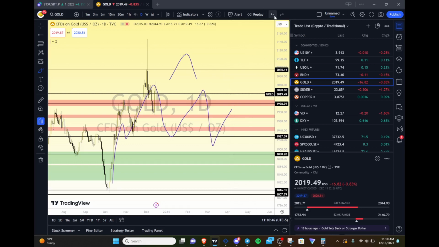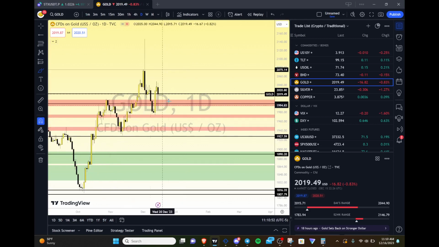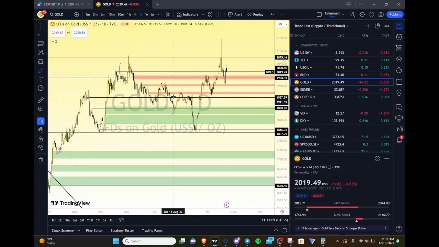So I am keeping my cards close to my chest here, because I'm not too sure yet. It's a little too immature. But this was a clear rejection. I would be very, very careful looking to get back under 1,800 anytime soon, at least not before some sort of consolidation to suggest that. Okay, but overall, it has been pretty bullish. We'll see if it continues to be.